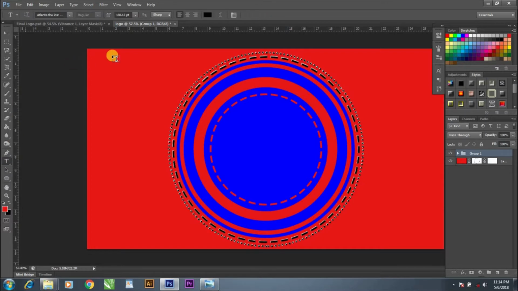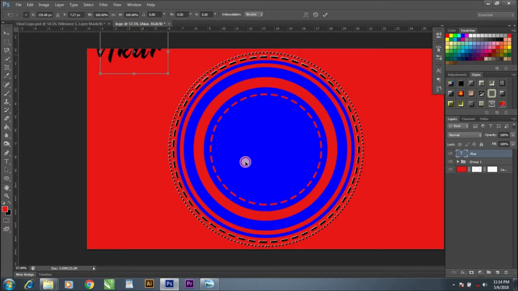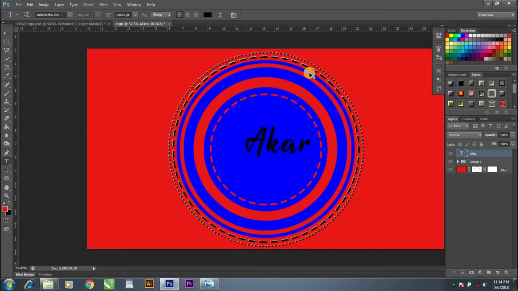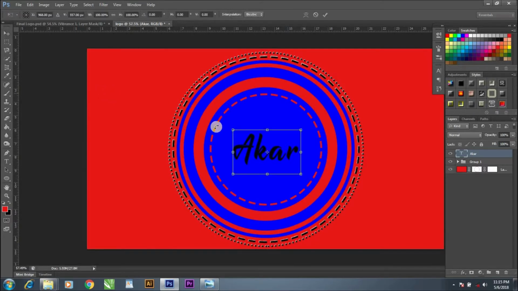Again pick the type tool, right, shift Ctrl T, make it in the center, Ctrl A, move to make it correct in the center, Ctrl D, Ctrl T, hold Shift and Alt,